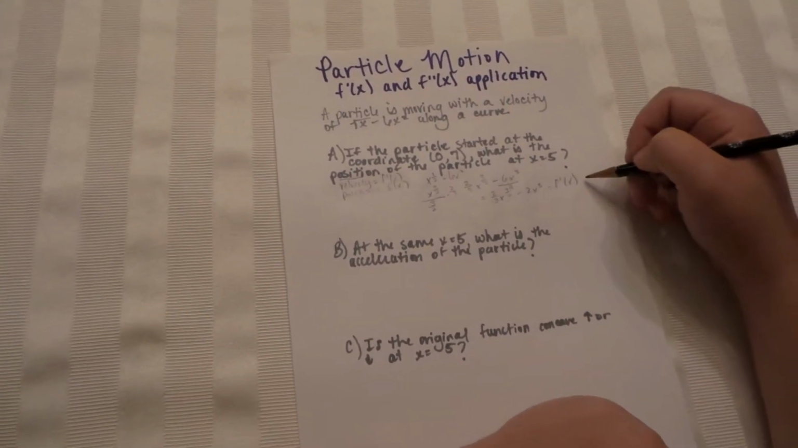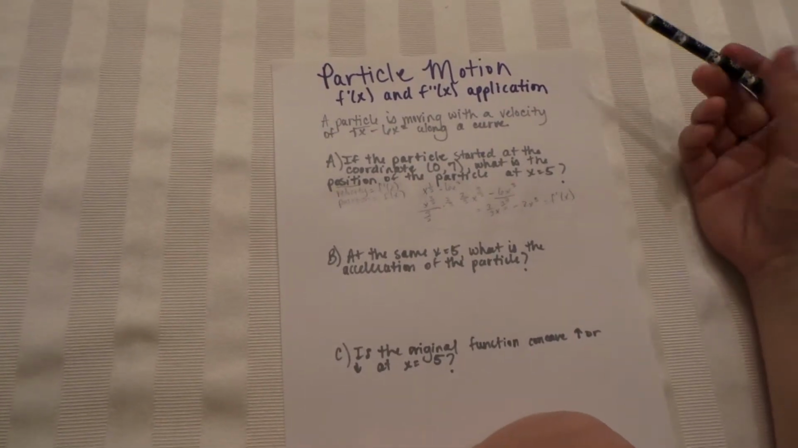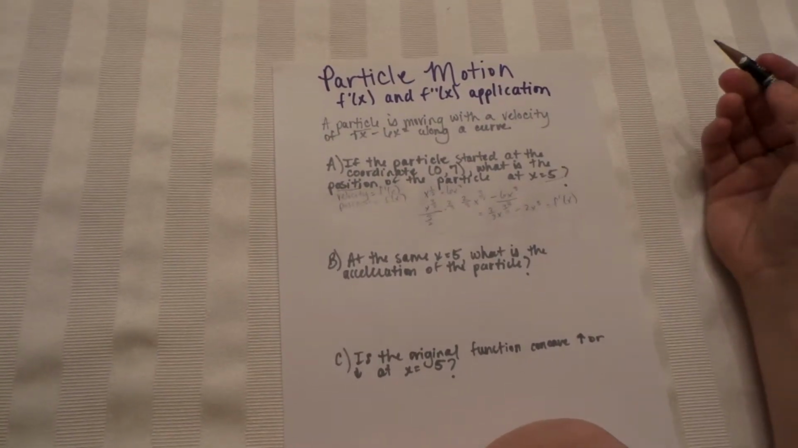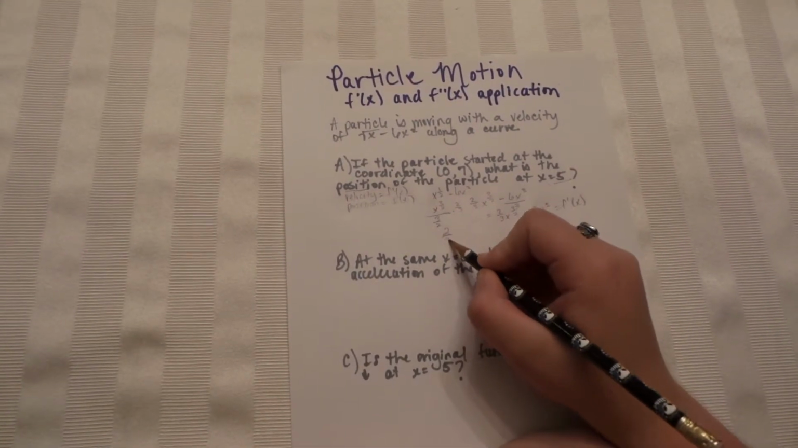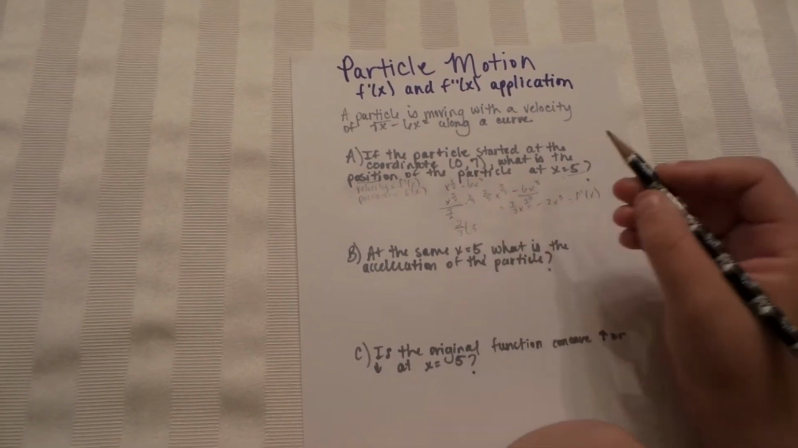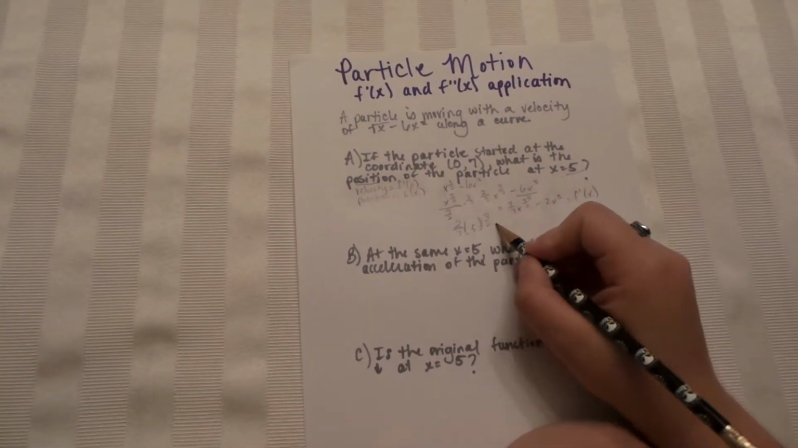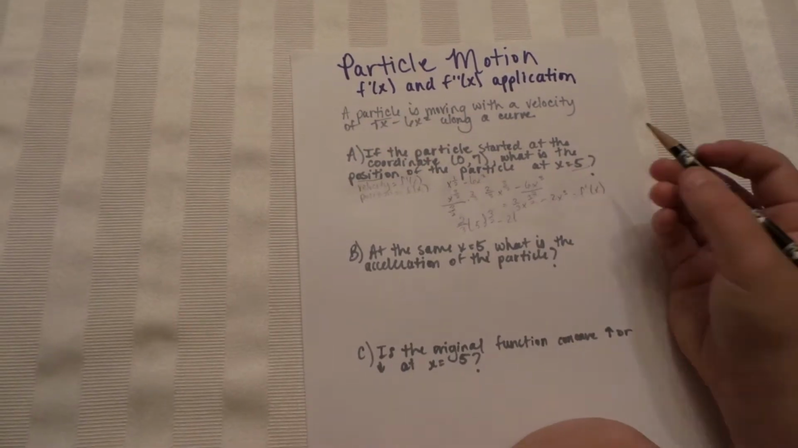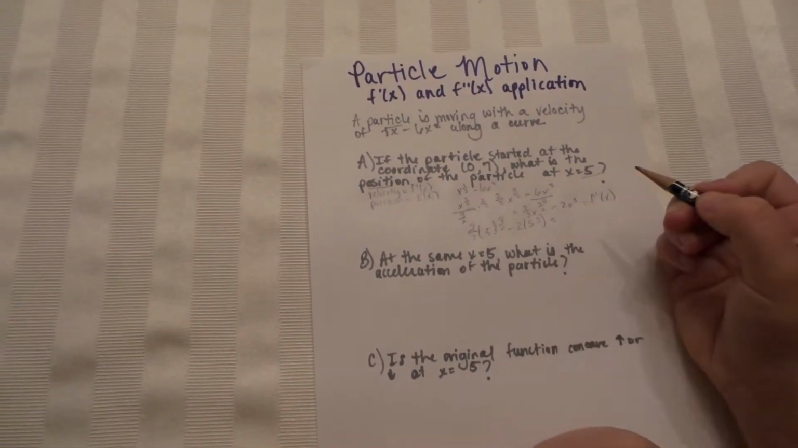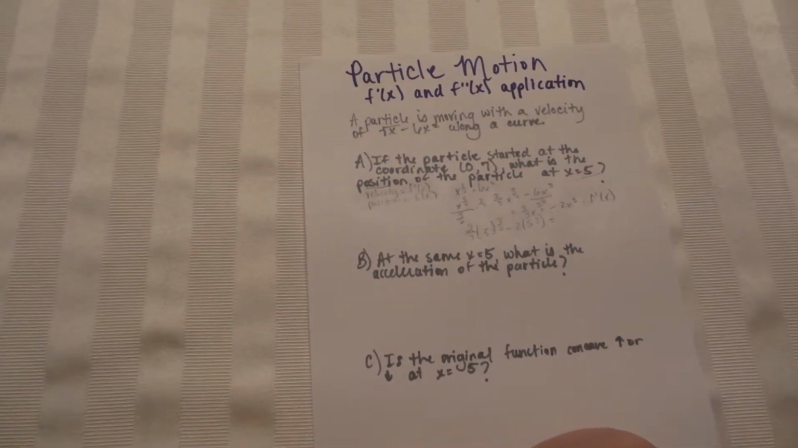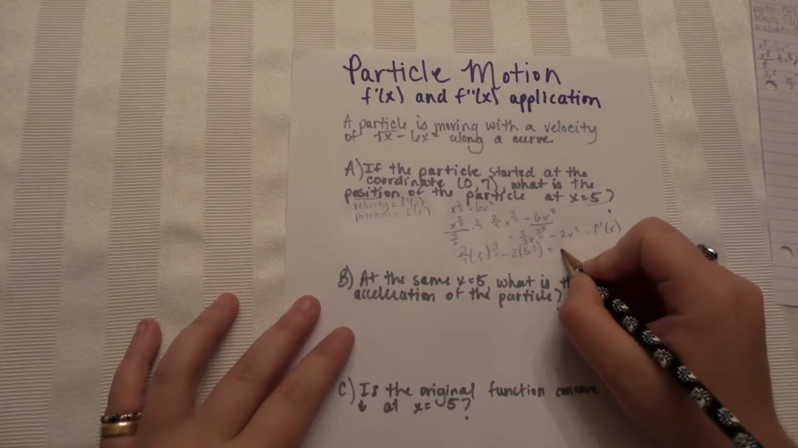Now it's great that we have our antiderivative, but we need to figure out how to get the actual position. Well, we're given an x value, so we just plug our x value in. So it's 2/3 times 5 to the 3/2 minus 2 times 5 cubed, which is equal to approximately negative